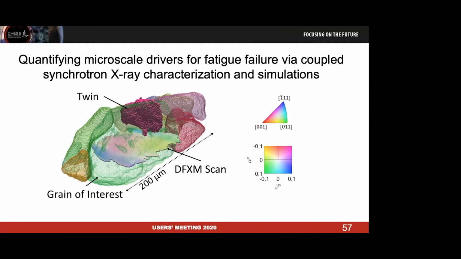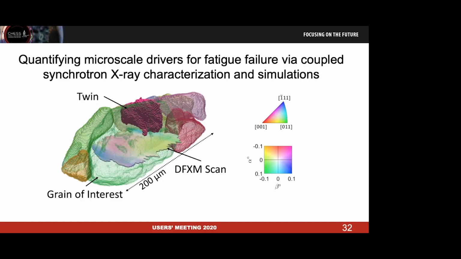Hello, and thanks for coming. Later today, I will be presenting a poster titled Quantifying Microscale Drivers for Fatigue Failure via Coupled Synchrotron X-ray Characterization and Simulations. In this study, we combined high-energy X-ray diffraction microscopy with dark-field X-ray microscopy and a crystal plasticity fast Fourier transform model to investigate large gradients of intragranular misorientation and elastic strain near a twin boundary in a nickel-based